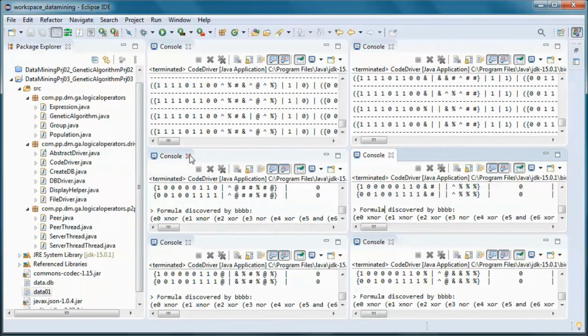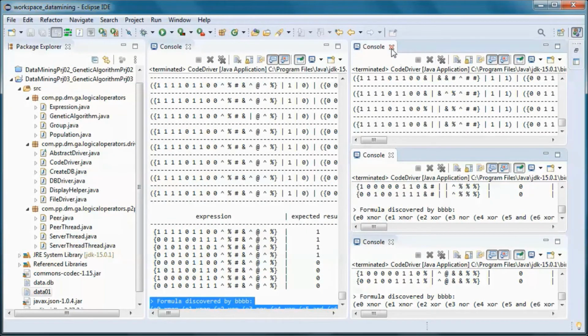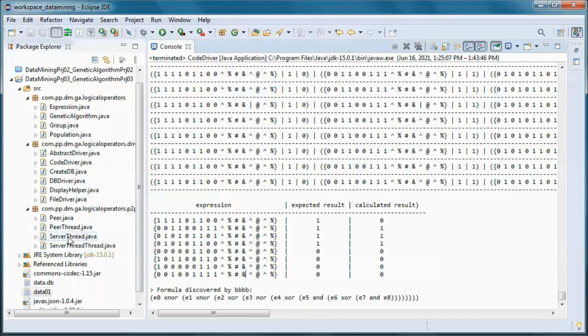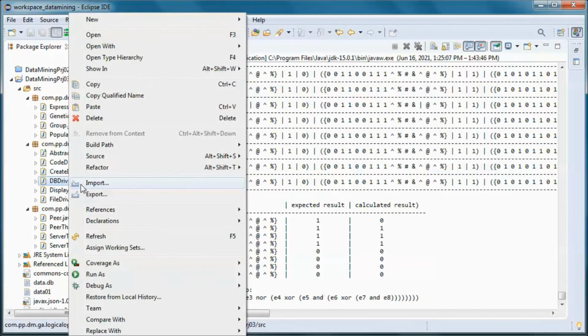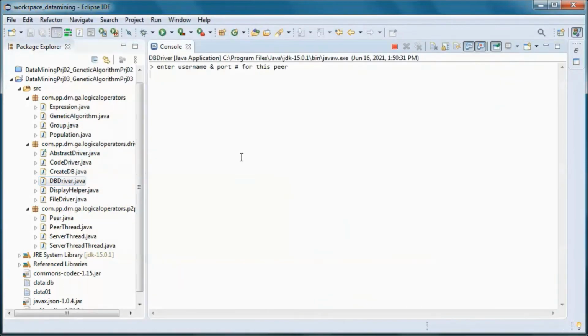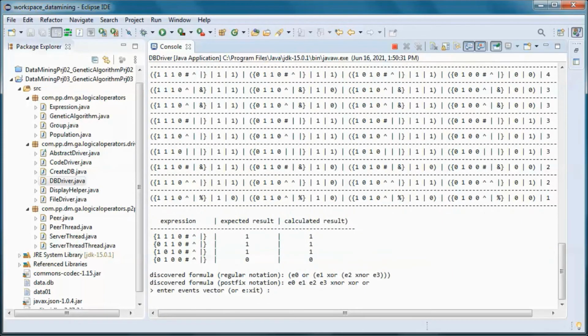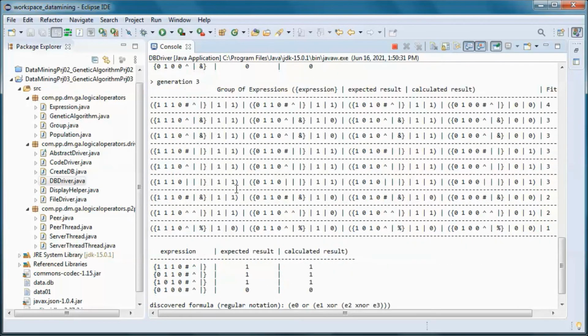And let's go ahead and show using the DB with the data coming from the database. Just have one peer. Here we go. So we discovered this regular notation formula, and in postfix notation it would be this one after 3 generations.